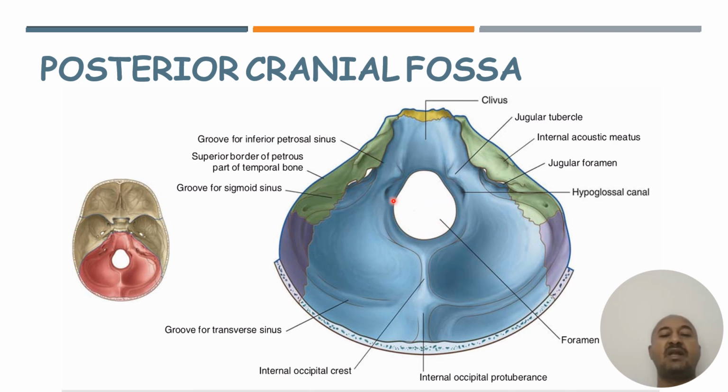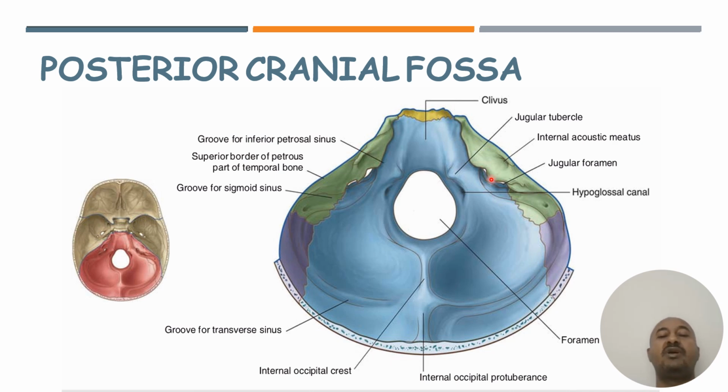This is a hypoglossal canal. The hypoglossal canal is for the passage of the hypoglossal nerve, which is the 12th cranial nerve. Okay? Then when we go to the outside here, we'll find the jugular foramen, and the jugular foramen is mainly for